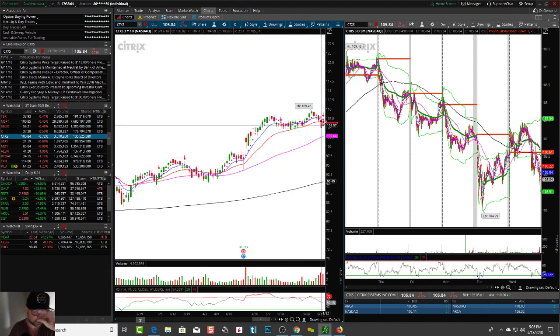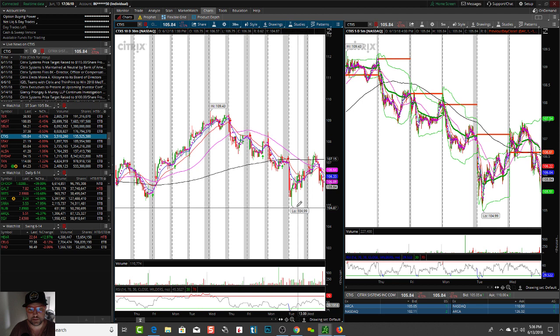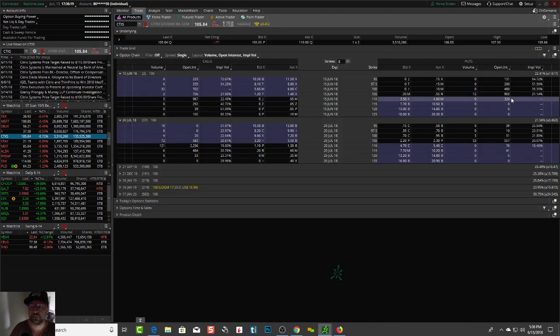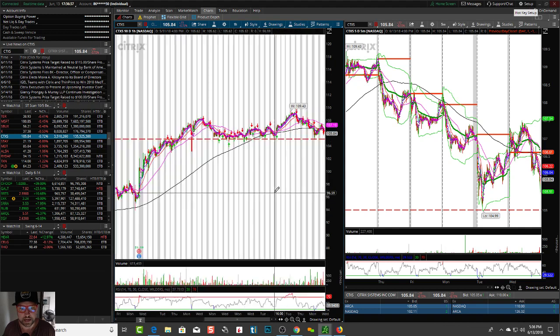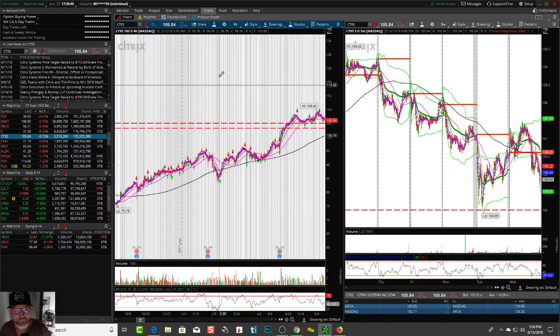And you can see this is now starting to fail the moving average lines, has some room to fall. You can then go to the hourly and say, okay, this has room to fall, could fall right down to that 105-ish area. So there's room to fall on it. And then I would go to open interest and volume, and I say, okay, that one has some decent, not great, decent, 500 or so. There's some open interest over here. 20-cent spread, not the greatest. Oh, that's a 30-minute chart. Here we go, hourly. Yeah, this could easily fall to 105, and if it does fail 105, it's got some room, right? So it's got some room to fall. Let's go to the daily.